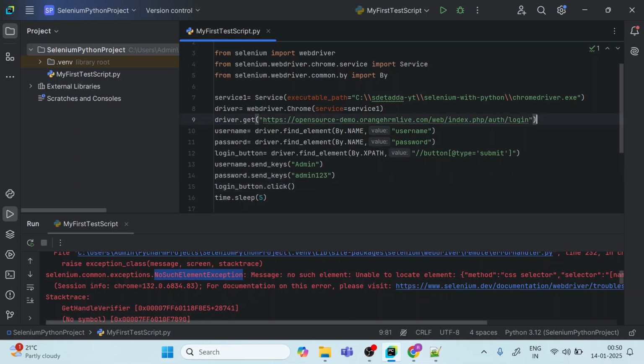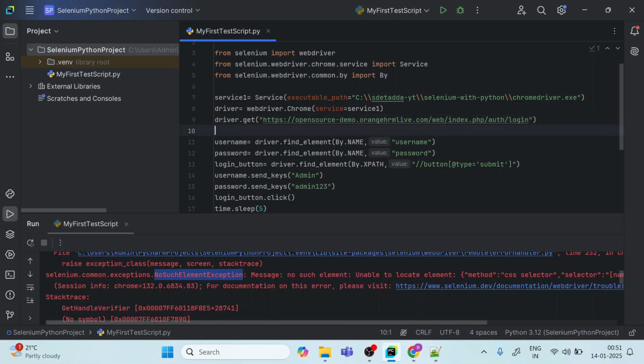Okay, this particular site is properly loaded, all the elements. Okay, all the source code of this particular site has been loaded and these elements are visible. Okay, and Selenium should be able to locate them. So what we can do, let us put some wait, but this is not the right way. So let me use